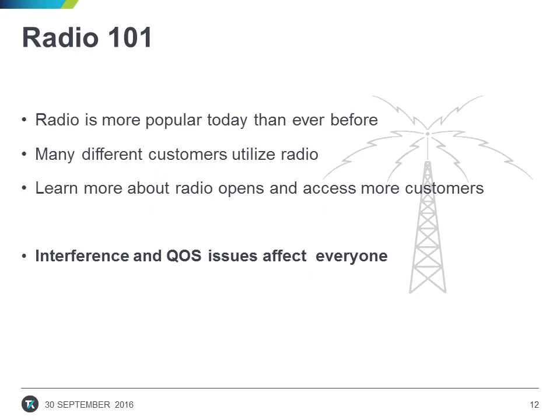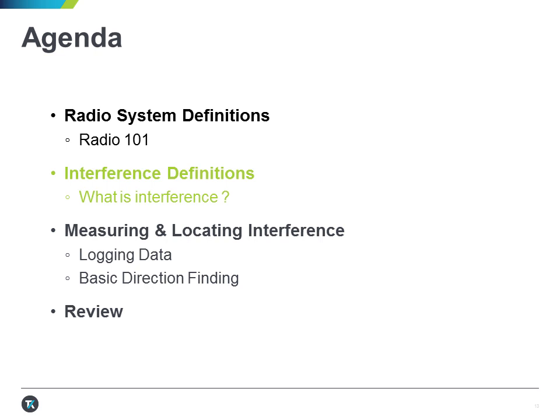In summary, radio is more popular today than it ever has been before. There are many different types of radio systems in use with many different types of customers. In order for us to learn about radio and to learn about the effects of radio, one must understand the interference and quality of service issues that affect these different types of systems. In the next section, we'll discuss the